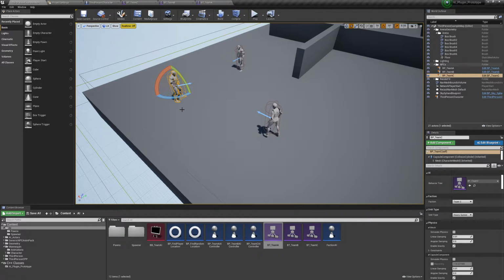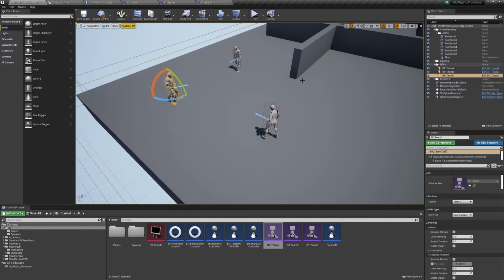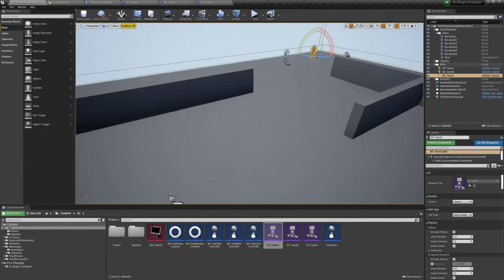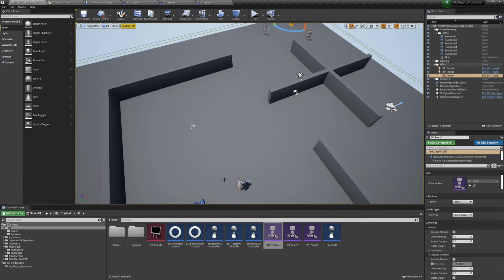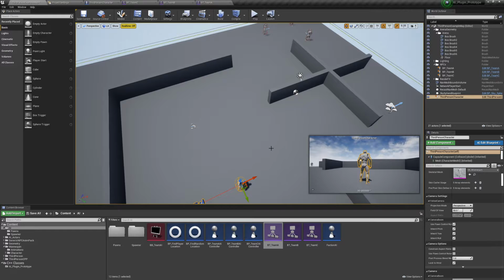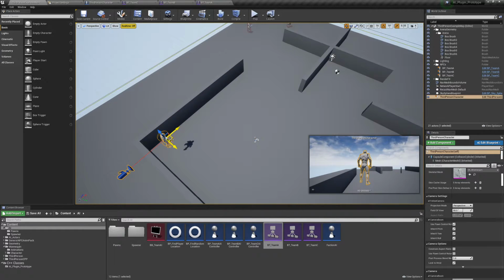Like, there's something wrong with the timing. I'm sure it has to do with the behavior trees. I want it to still do this stuff, but as long as it hasn't seen the player, I want it to do this stuff. And I've messed with the conditionals and stuff. I can't make it do exactly what I want. But they do react to each other. So we're going to move the player up on top of the wall here,